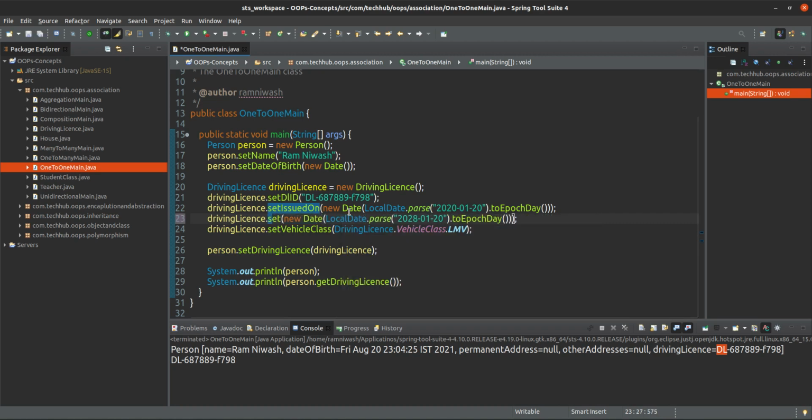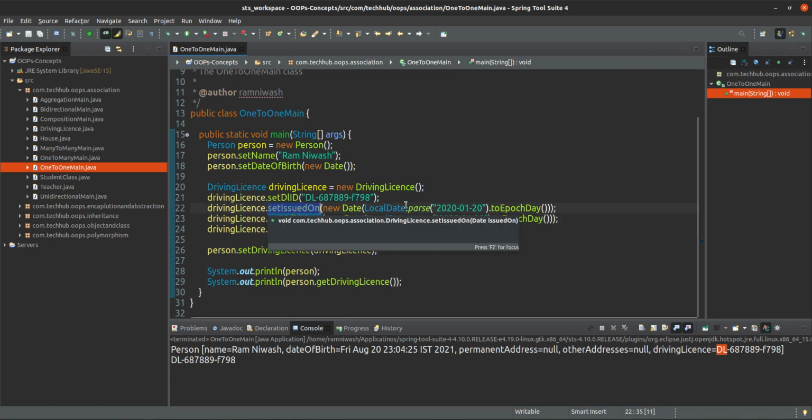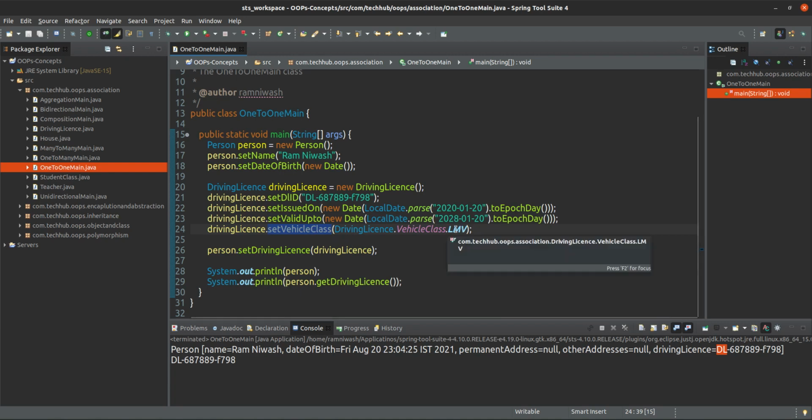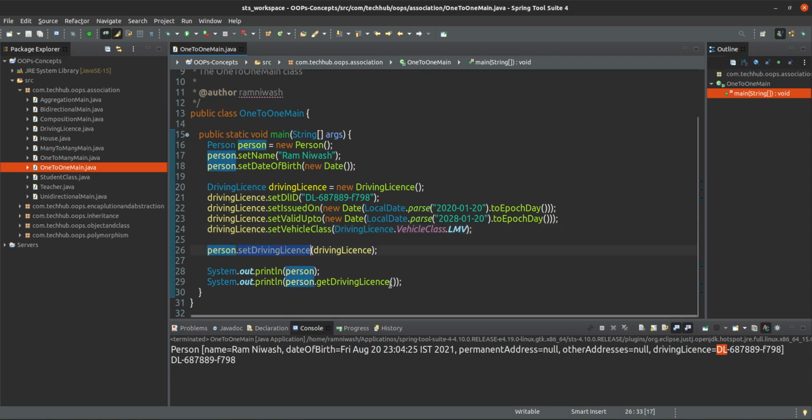The type of this driving license, meaning the vehicle class, is LMV, meaning light motor vehicle. We are setting this driving license to this person and printing this result. So this is a one to one mapping.